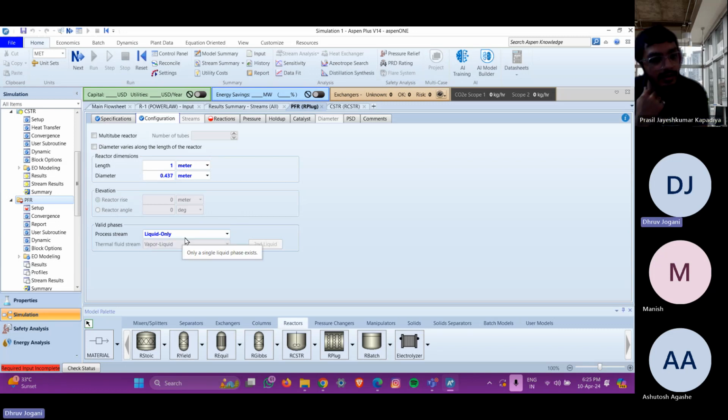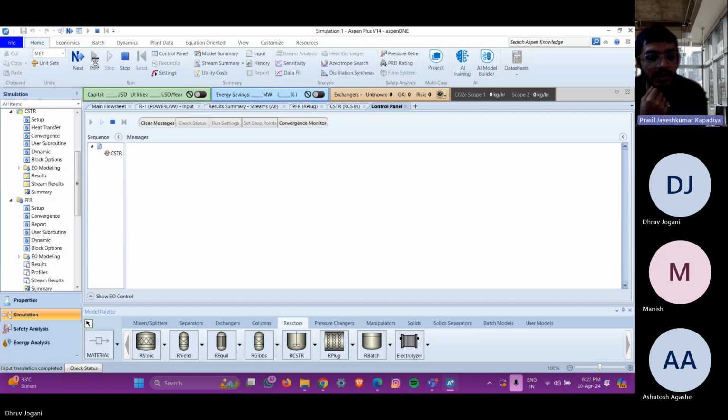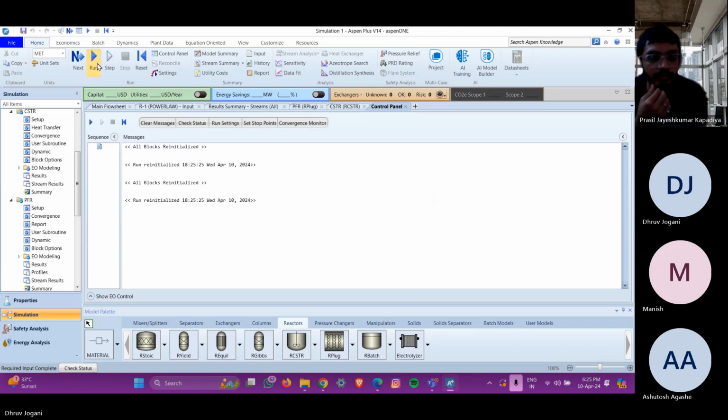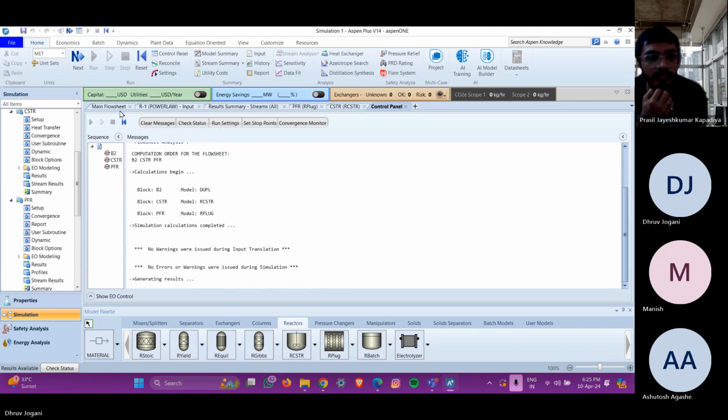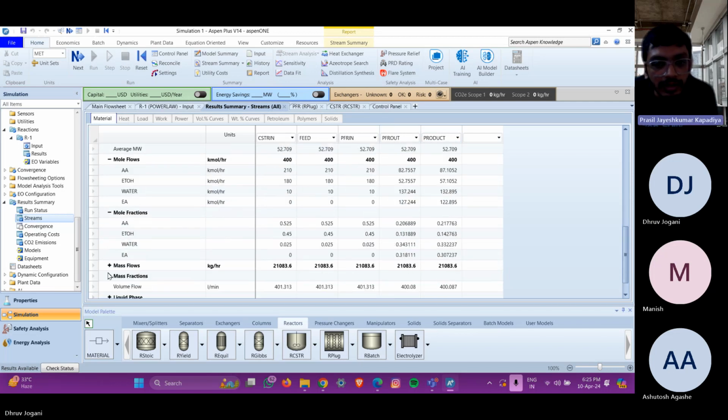Sir, the process stream is liquid phase. Yes, we are only getting liquid product. The reaction we don't need to add because it is already there. So reset your simulation and run it. What are you getting? PFR out is 0.31 and that for CSTR is 0.30. So we should get more for PFR because